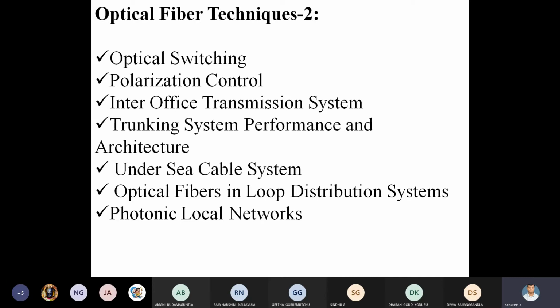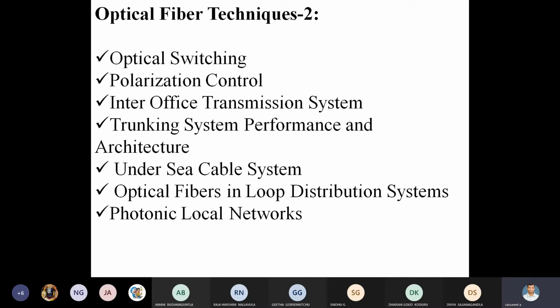In this Unit 3, optical fiber techniques 1 and 2, we discuss the basics of optical communication system, how it can transmit a signal from the transmitting end to the receiving end, how modulation takes place at the transmission side, how demodulation takes place at the receiving side, and what signal formats are available to transmit optical signal through optical fiber cable. Taking the best examples of telecommunication systems, we discuss how to design that telecommunication system in Unit 3.